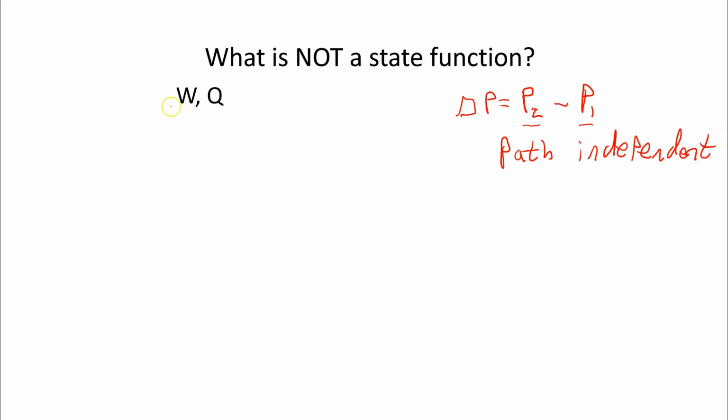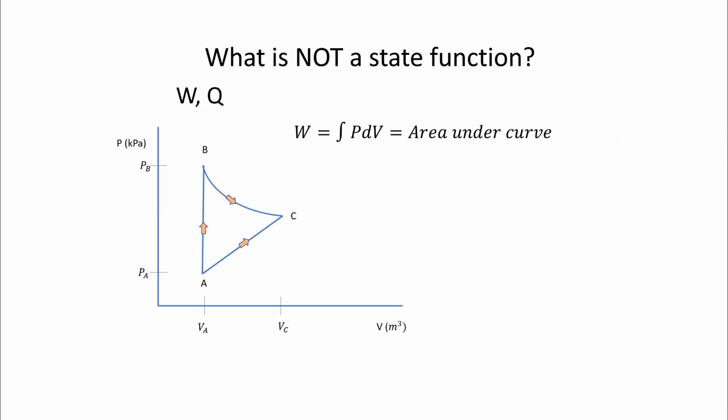Well, what does that have to do with work and heat? Let's just think for a moment about what work is. Everyone knows work is the integral of PdV, which is the area under the curve. I start at some point A and I go to some point C, but notice I've decided on two different approaches to get there. I could go AC, which is a direct path, or I could first go to B and then, I don't know, take this curvy path down to C.